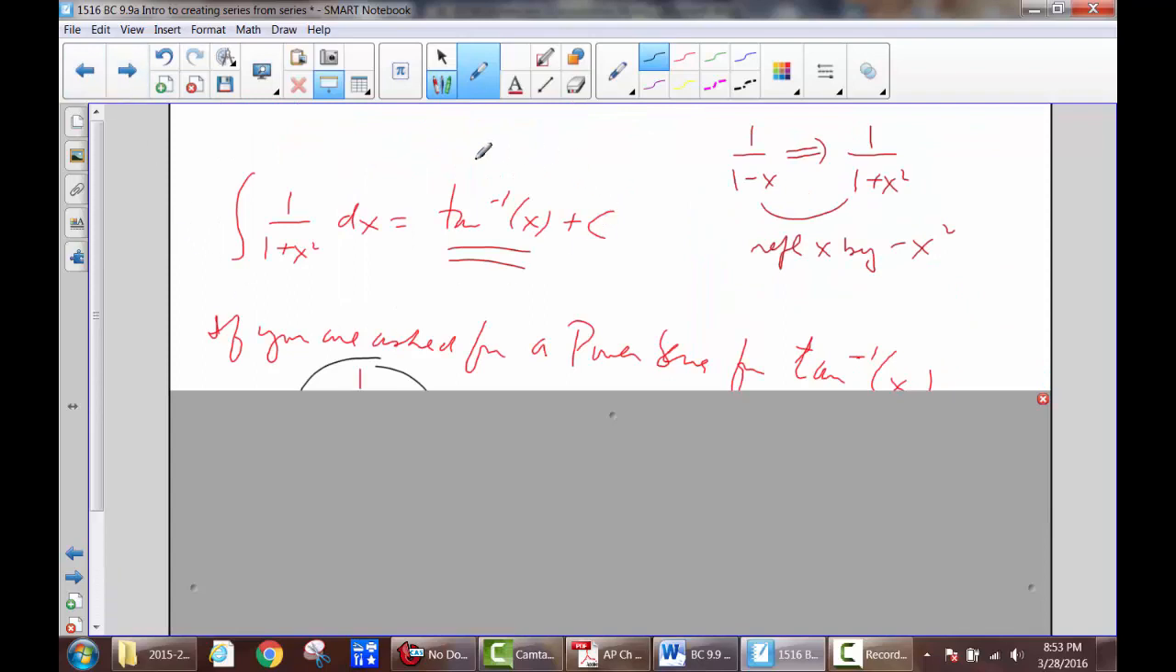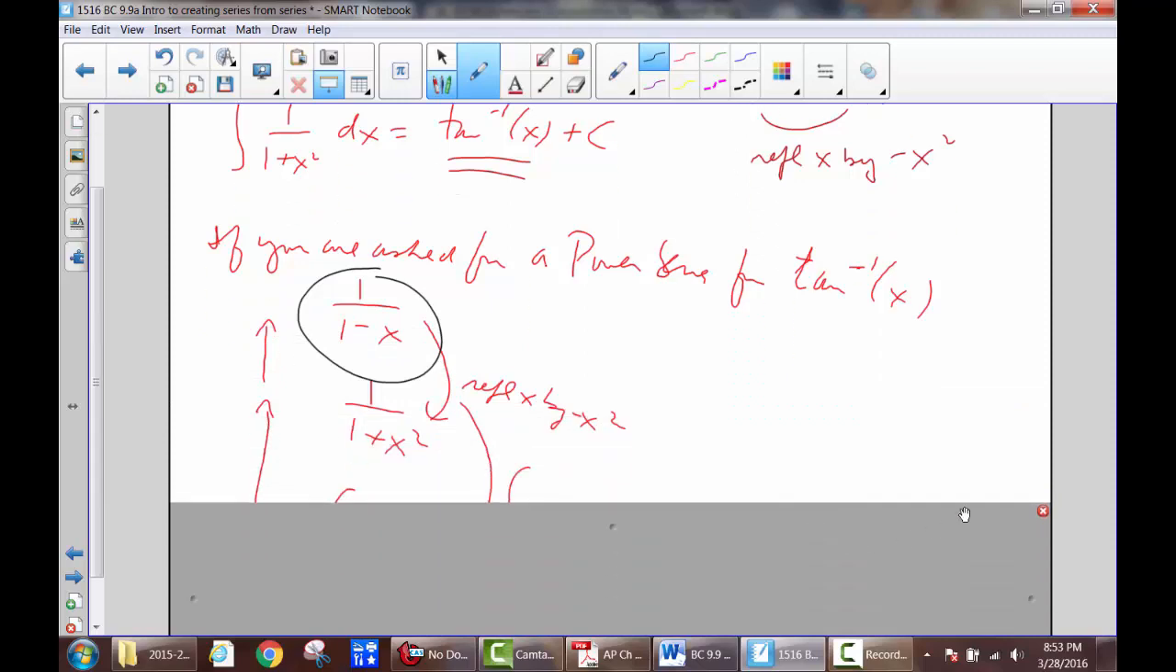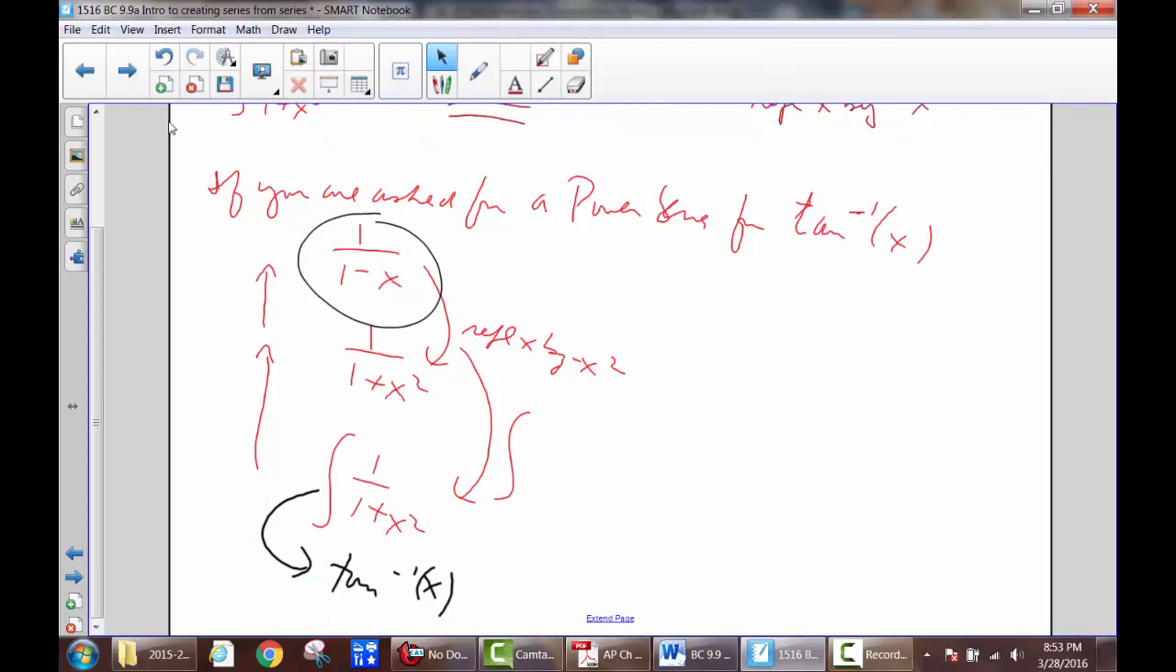If you wanted to get a series for the inverse tan of x, all you'd have to do is integrate 1 over 1 plus x squared dx. And how would you get 1 over 1 plus x squared? You could start with our famous 1 over 1 minus x and replace x by negative x squared. Okay? So here's the process of doing that. You start with 1 over 1 minus x, replace x by negative x squared, integrate, and you'll get a series